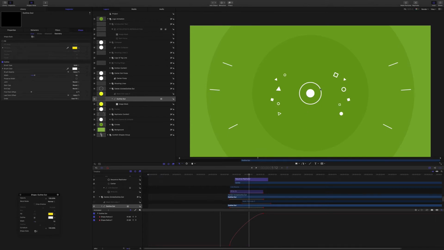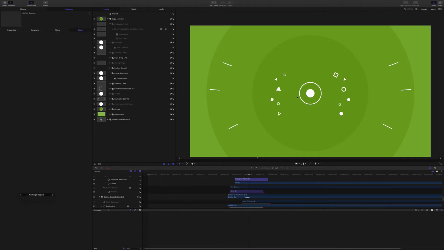Keyframing just the width of the shape, sometimes it will just have a thickness and then in the next frame it will disappear, so it can come across very choppy. Right, so that is those two elements done, and then we're looking now at these shooting lines either side and